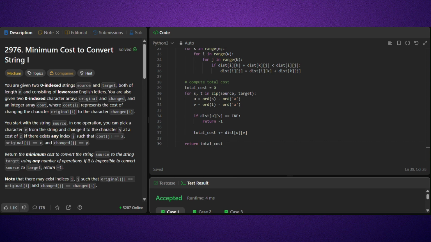Recap. Model characters as graph nodes. Precompute cheapest conversions. Apply the result per character position. Interview tip: when constraints are small and fixed, precompute everything. It's often the cleanest solution. This is exactly